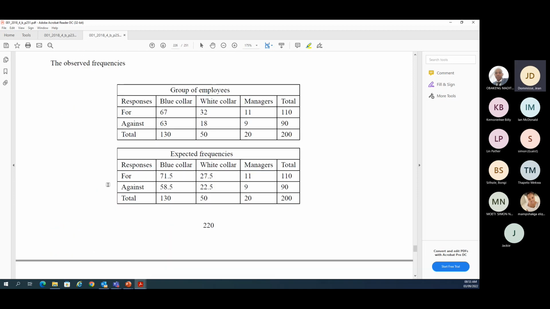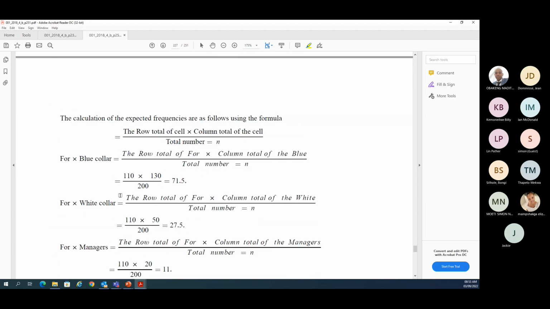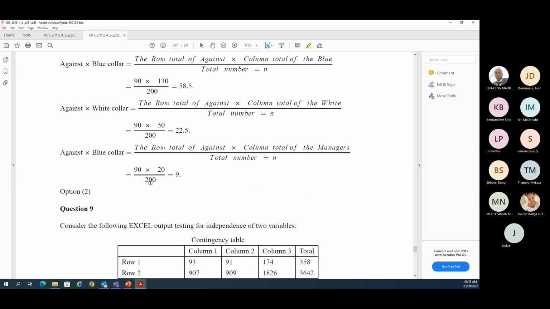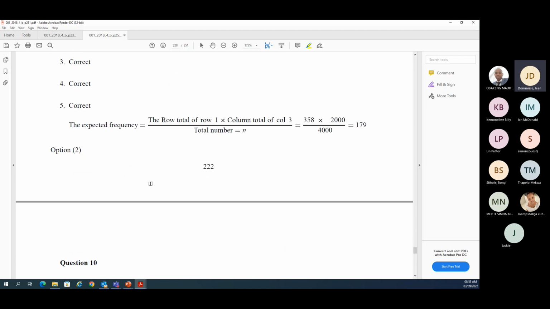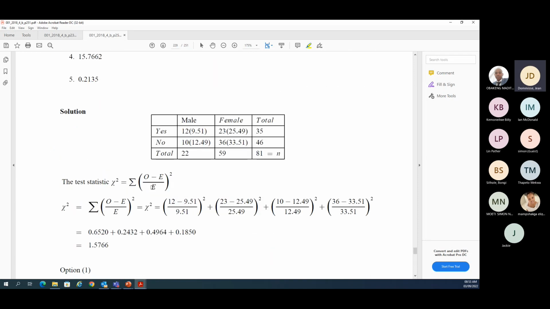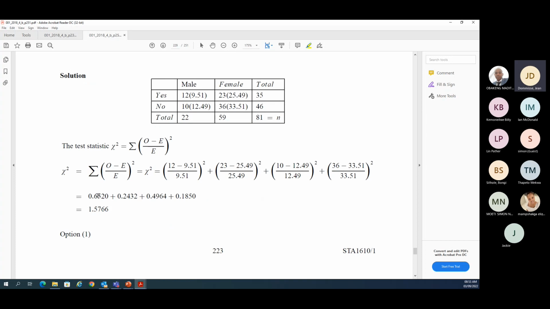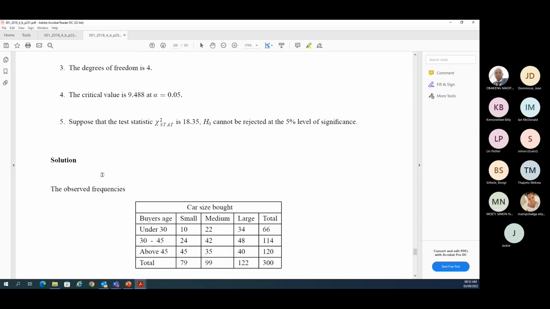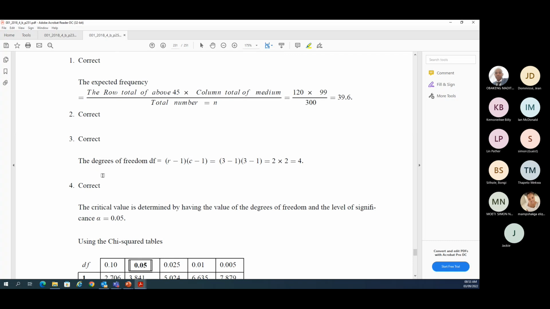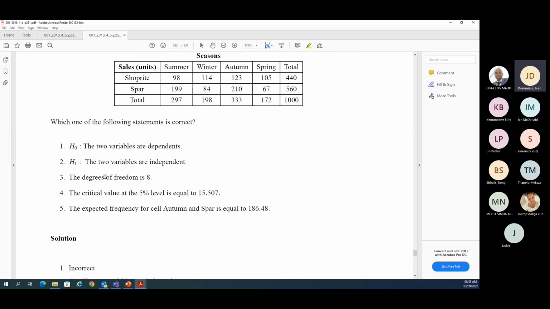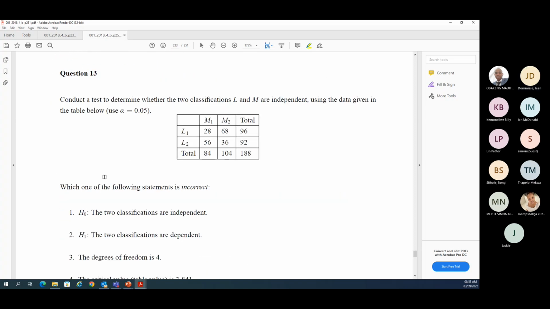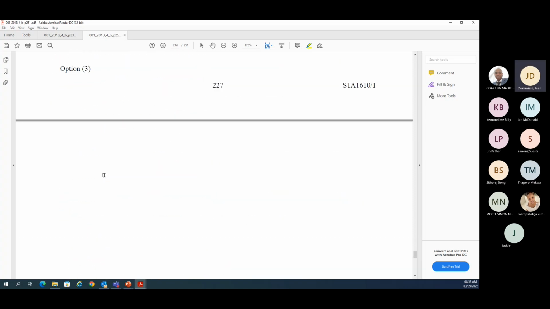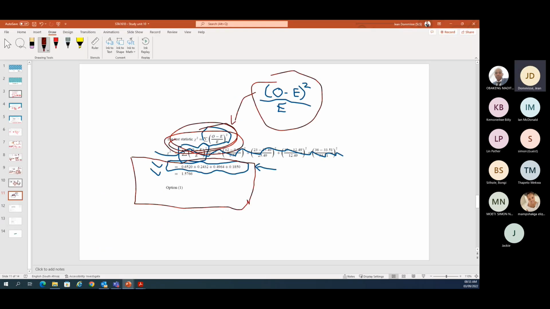So yeah, it seems like the one that I spotted was the only one that was incorrect. Okay, so it might be that the rest is actually fine in how they calculate it. It looks like it. Okay, but